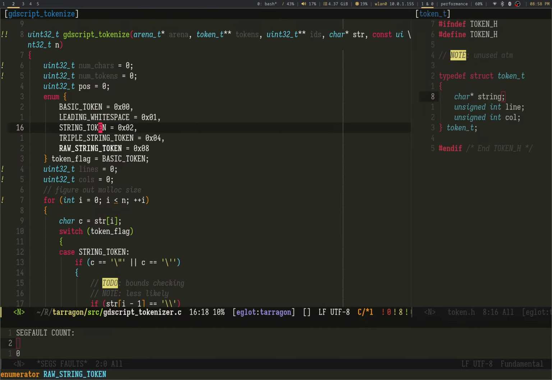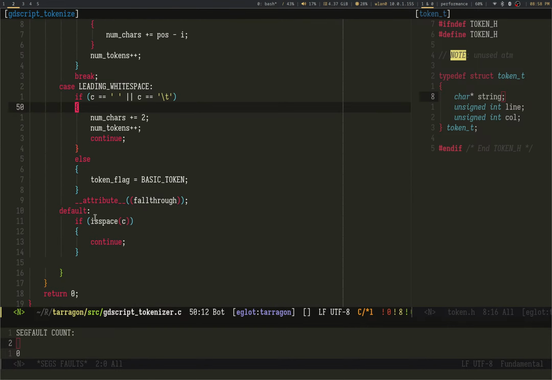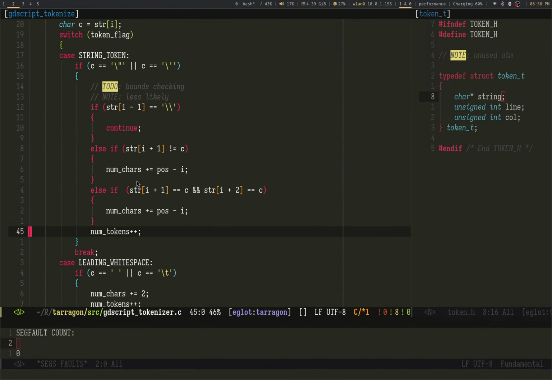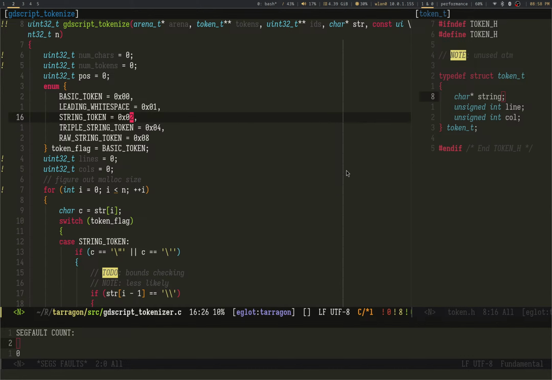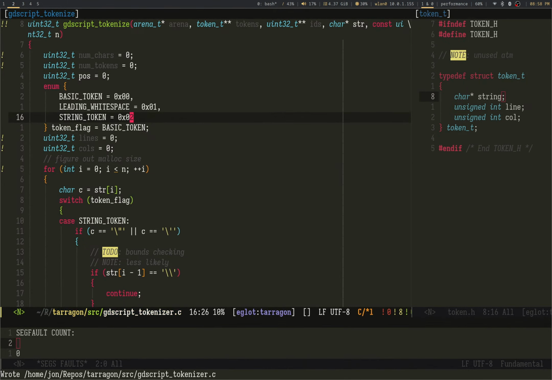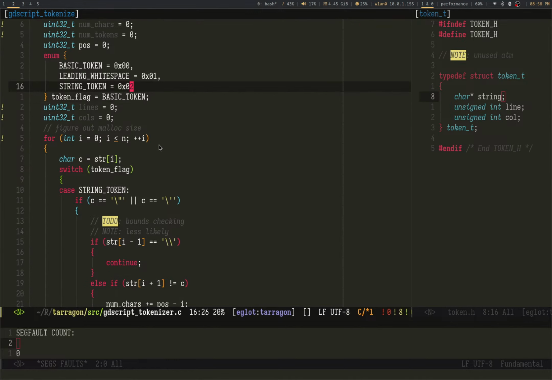Ugh. I don't like this. But the idea behind this is I'll be able to combine, I could have a string token that is also raw, so string and raw, triple and raw, and I'll just be good to keep track that I shouldn't activate both of those simultaneously. Or I could just be cool and figure it out here, which I'm probably gonna do. Yeah, I'm just gonna be cool. Just be cool, dude. Here we go.